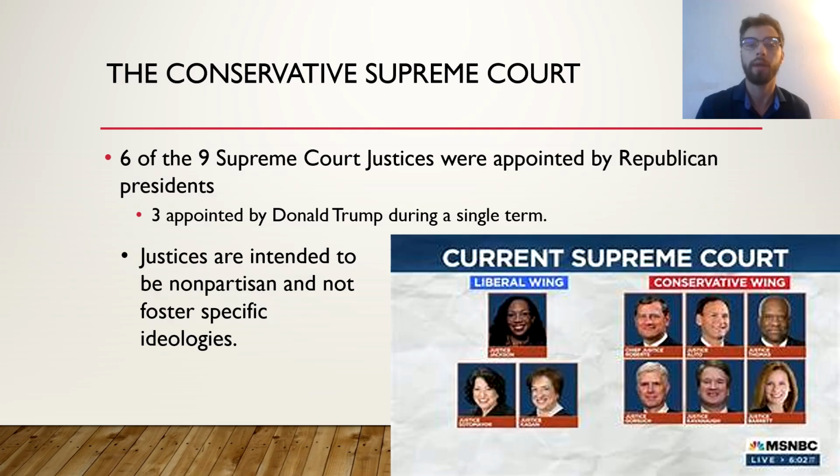Now we can see the 3 Donald Trump appointed justices. Justice Neil Gorsuch, appointed by Donald Trump in 2017, his first of the 3 appointments. And he's known for having a very textualist approach to the Constitution. So, originalist with a little more nuance, moving a little bit closer to the living constitutionalist on that spectrum.